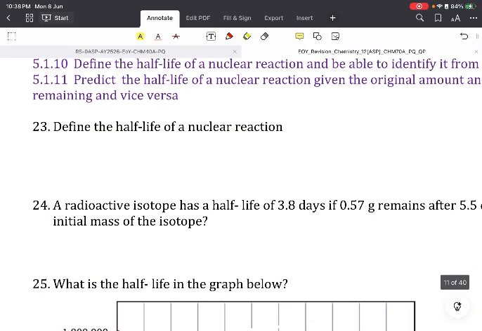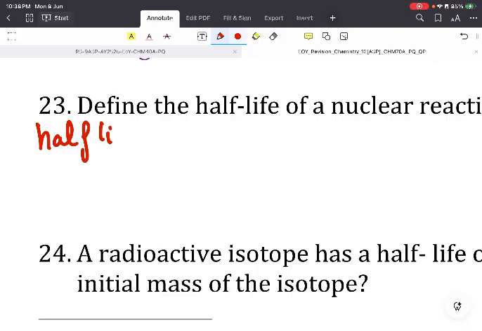Define half-life. What is half-life of a nuclear reaction? It's the time required for the amount of reactant to decrease to half of its initial value. So the half-life is the time required